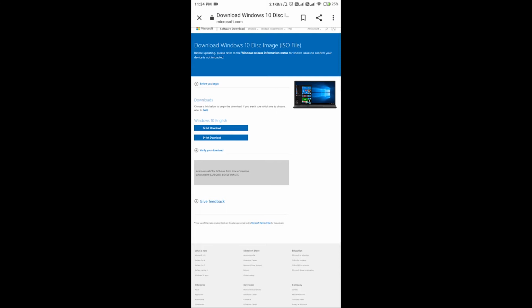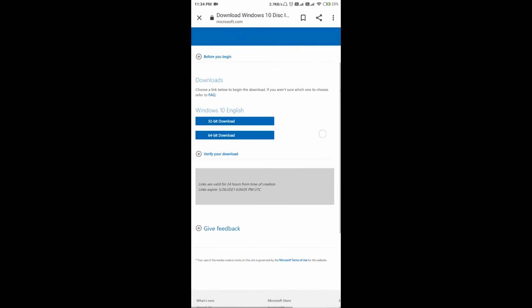Now we can see the final page. The final page is like this: Windows 10 English 32-bit download and 64-bit download. So here we have to click on the 64-bit download. In the below we can see the downloading files.